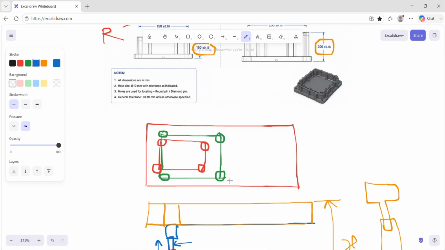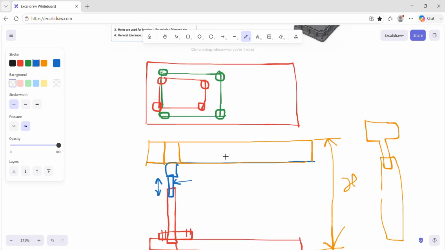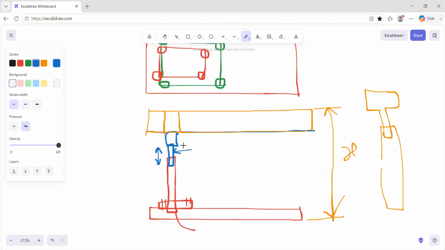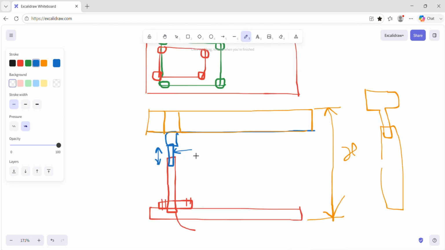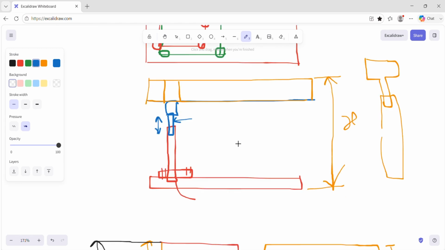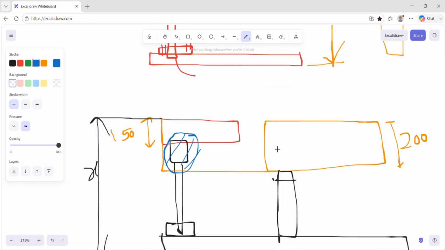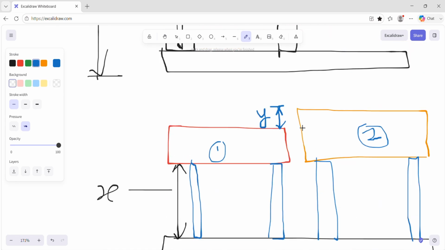We first checked all the holes if they are matching. If they are not, we will try to find out the other holes. Then we will select the locations for the diamond pin and the round locating pin, and the others will be the rest pins. Then we will see if there are height differences, if there is an interference, and if yes, what could be the option. We can maintain the bottom height the same and the top height will vary. So this is the first condition, which is a common fixture.